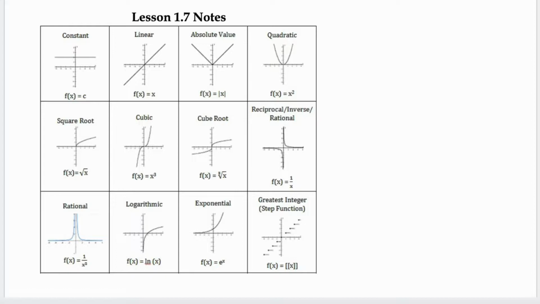This is our last lesson for Unit 1, and in this particular lesson, we are going to talk about parent functions and their transformations. So along the upcoming lessons, we're going to be talking about the different kinds of functions that might exist. So we're going to start with some basic parent functions, and as we go along, you'll see that